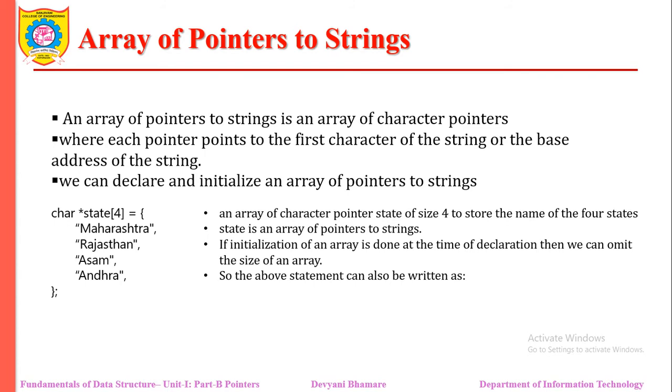This array of pointers can be used to display the strings, where each pointer points to the first character of every string, that is called the base address of every string. So this can be declared in this fashion. Here, state is nothing but the array holding these 4 rows. But it is not only the rows, it is a pointer. State of 0 is pointing to the first row. State of 1 is a pointer to the second row. State of 2 is a pointer to the third row. State of 3 is a pointer to the fourth row. So state is called an array of pointers to strings.